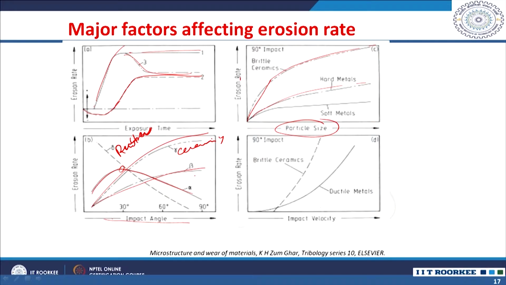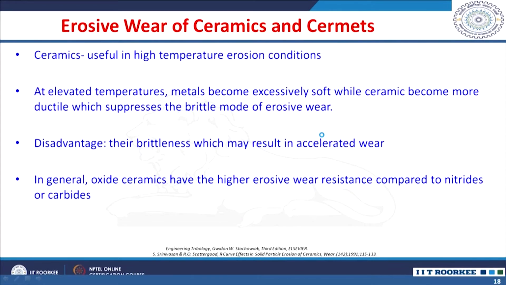So, these are the metallic materials which are soft material, or the hard material. This is hard metallic material. For a hard ceramic material, it has a much higher erosion rate and increases to a maximum at a 90 degrees angle. With respect to impact velocities, again as the impact velocity is increasing, erosion rate increases for both brittle and ductile materials, but with a different rate of increase. So, all these factors affect the erosion rate.